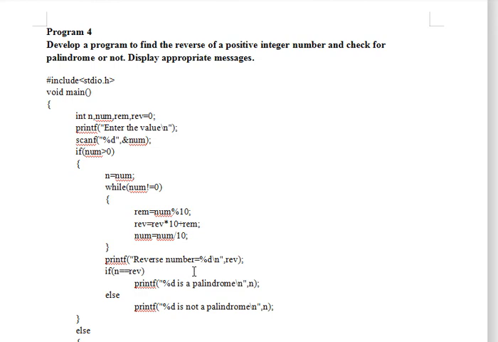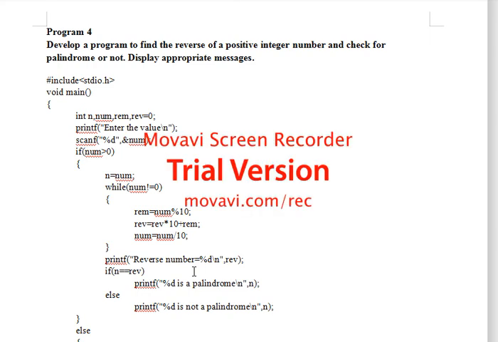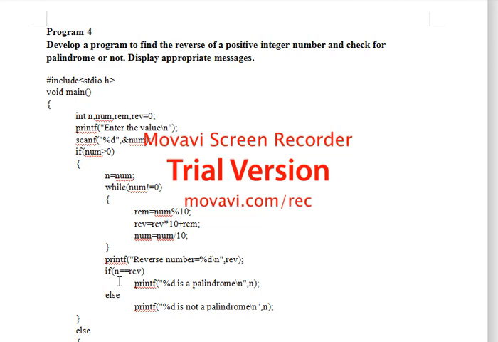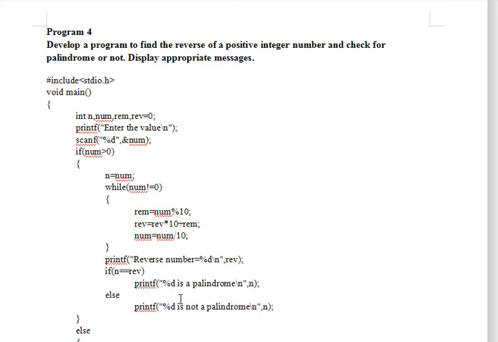So in our example we have taken it as 1, 2, 3, 4. So the reverse 4, 3, 2, 1 will be printed. Now reverse is calculated. Now how to check whether it is palindrome or not? So for that we can make use of if else, right? If we have to compare, where have we stored the original number? In the variable n. So we have to compare it with reverse. The comparison operator we are going to use here is double equals. Okay. So in case n is equal to reverse, then we can print %d is a palindrome number.